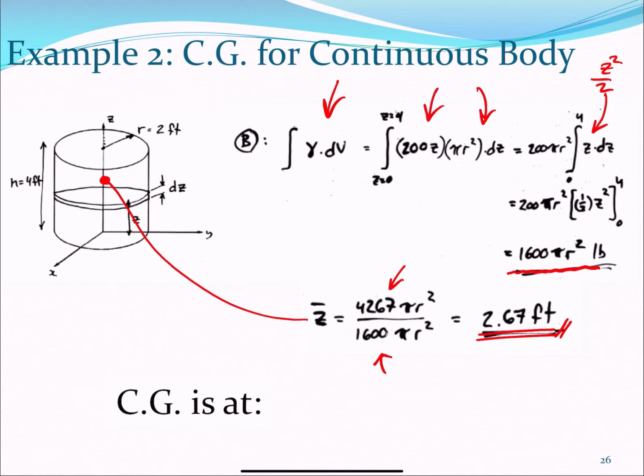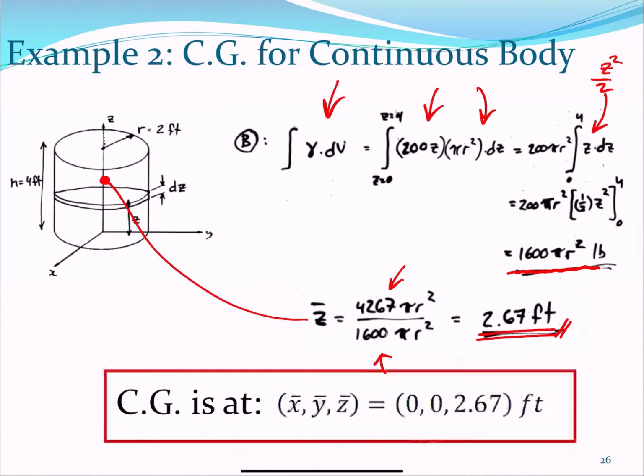In the next video, we'll be talking about centroids. A centroid is a point in a body in which all the mass is located. And how do we obtain that point based on simple geometry? It could be the center of a volume, or the center of a plane shape, a 2D shape, or even the center of a line. So we'll be playing with the